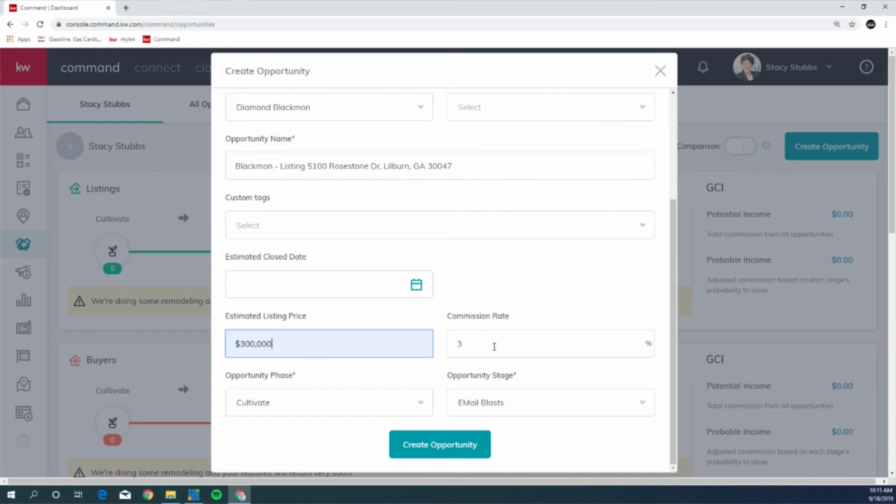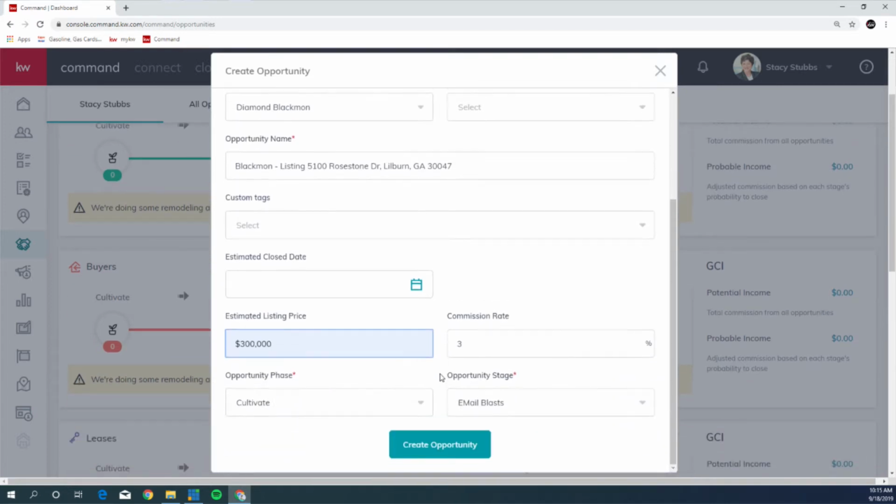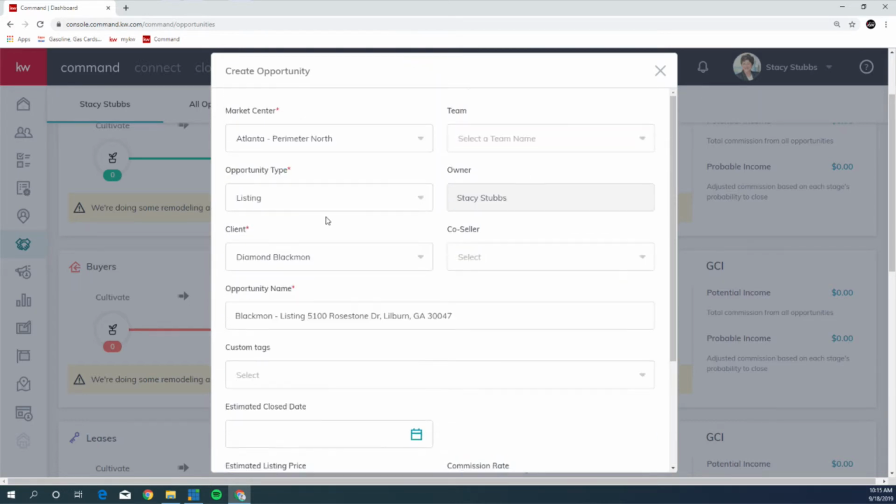So in the short term, leave it at 3%, and then when it comes time to turn in your commission paperwork, that's when you can say 0. Anyway, we're creating an opportunity, and the assumption is that